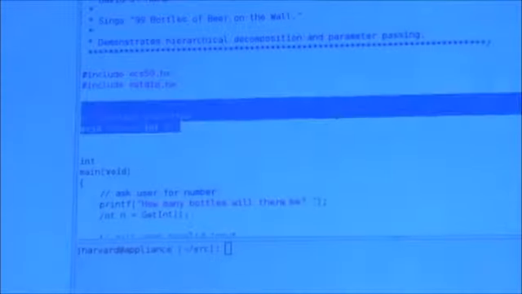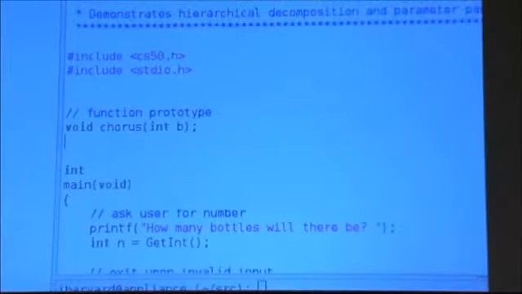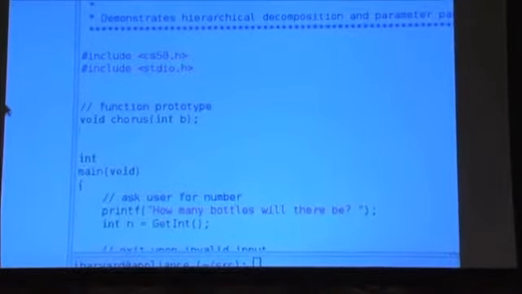You want to see what this program does, and the answer to that is almost always going to lie in main. So ideally, we want to leave chorus where it was, below main, but it turns out the simple solution is just to tell the compiler about this function before you actually implement it, and you can do this with a one-liner.